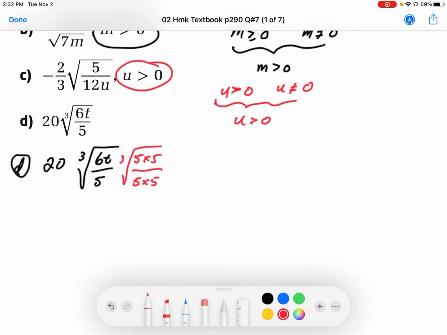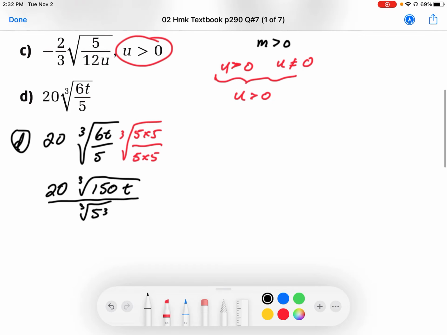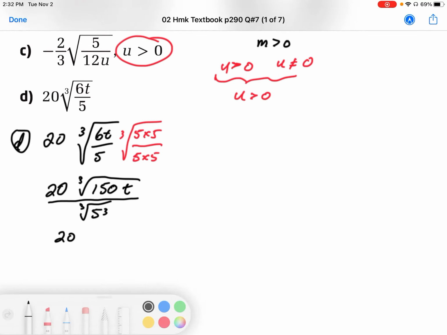Okay, so then we end up, in this case, with 20 in the numerator. We're going to have the cube root, since they're compatible, of 5 times 5 times 6. So we're going to have 25 times 6, which is 150. And then we have the t, so just making sure I've got all the factors. That little 3 is an index, so just make sure you don't mistake that for a multiplier. And in the denominator, we're going to have 5 times the cube root of 5 cubed. They undo each other, so we end up with 20 over